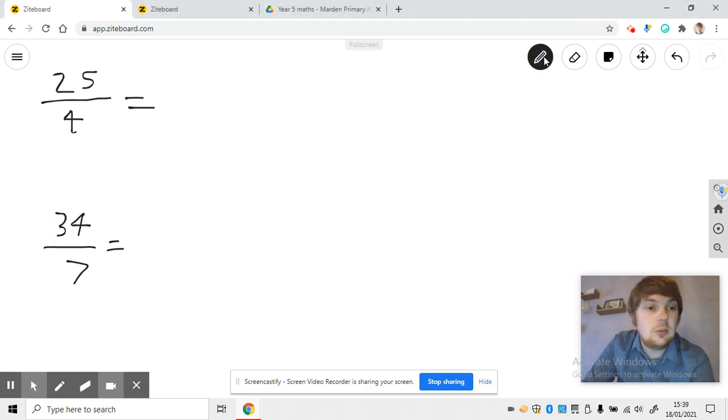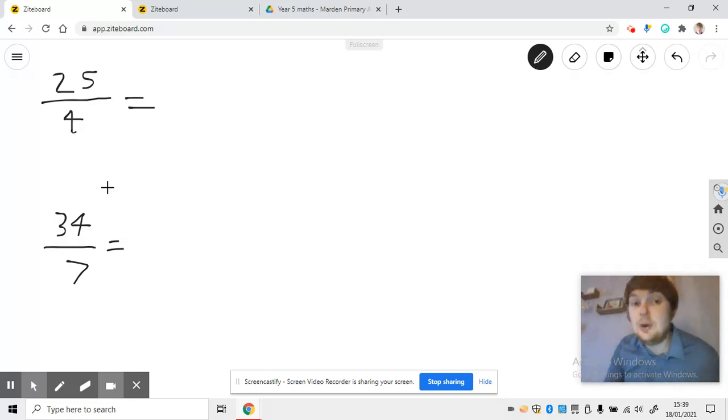What we're going to carry on with this week is our fraction unit. And you can see from today, we're going to be converting this type of fraction into a different type of fraction. Now, this fraction is known as an improper fraction because the numerator is larger than the denominator. Sometimes you may hear this called a top-heavy fraction. And we're going to be converting that into a mixed number, which is a combination of a whole number and